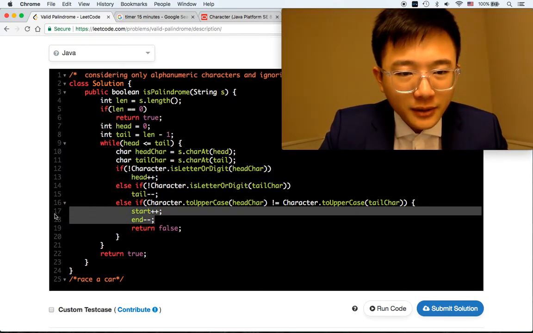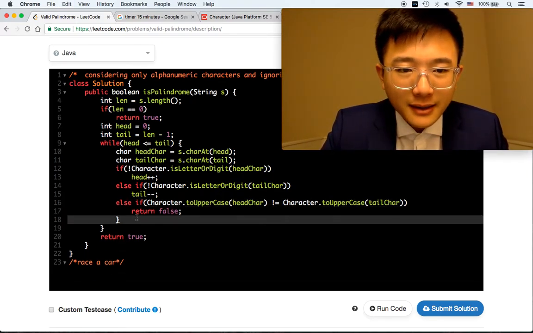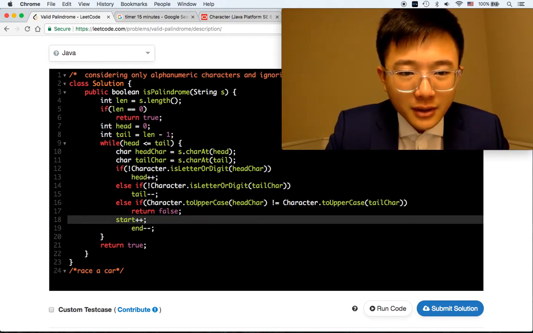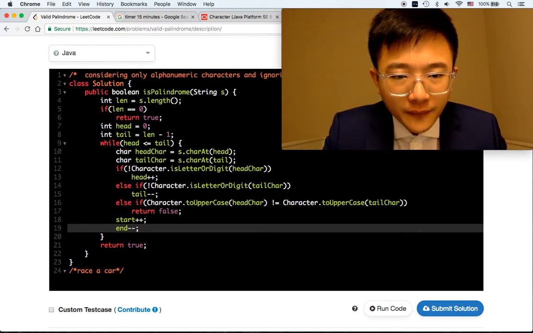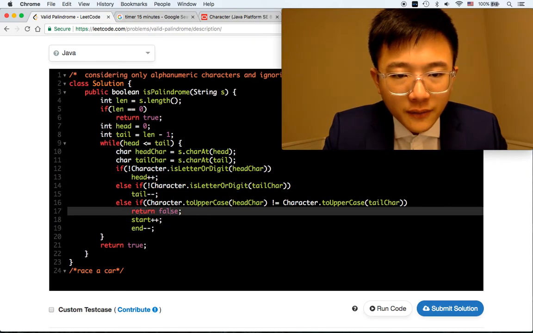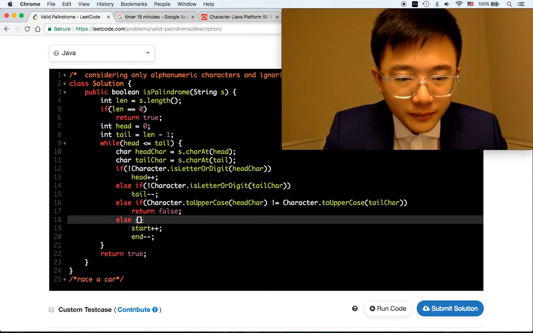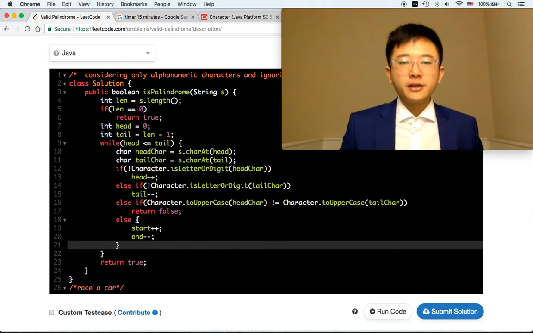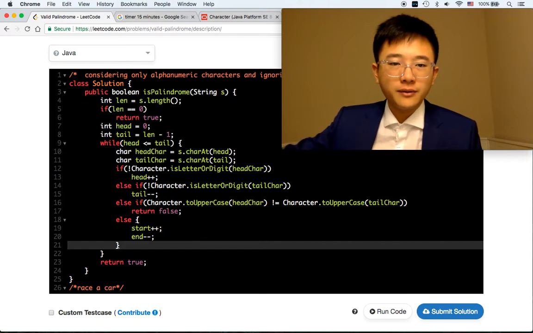So return false, and then okay, this is correct, right? This is correct, but at the same time, we should always increase. Else, if they are equal, then what we need to do is